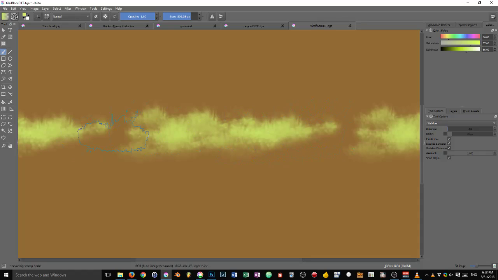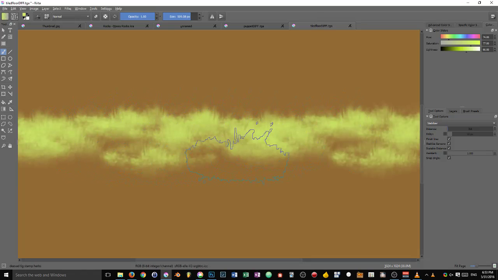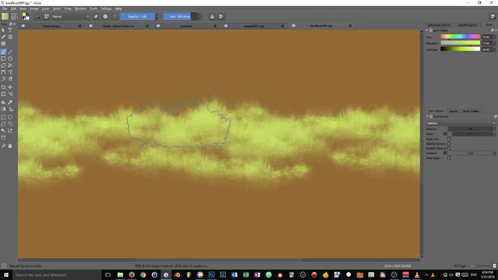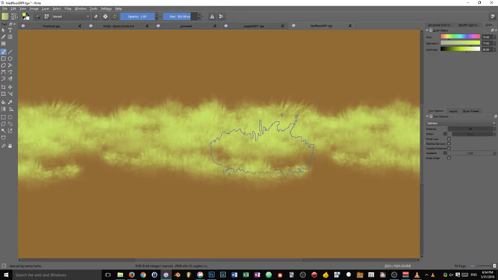So Krita will randomly cycle through the frames in that case. These are a few brush tips stored in a single brush, and when I'm painting, Krita is using all of them,